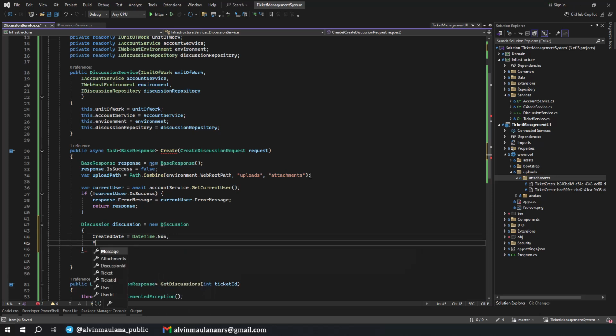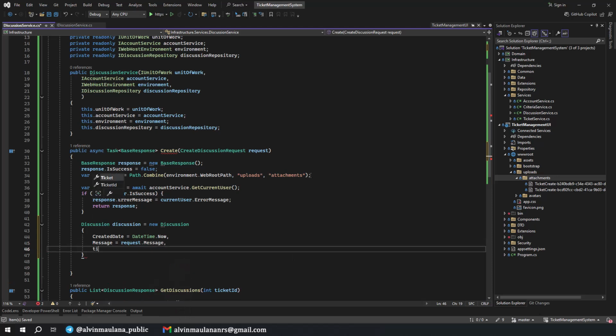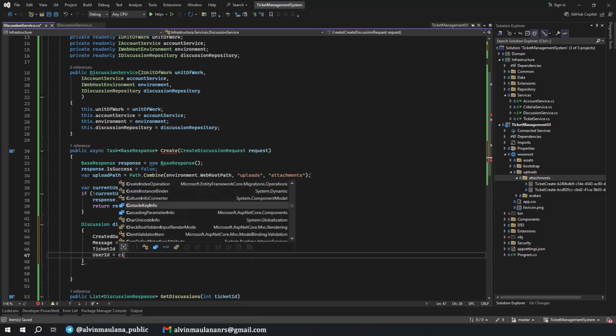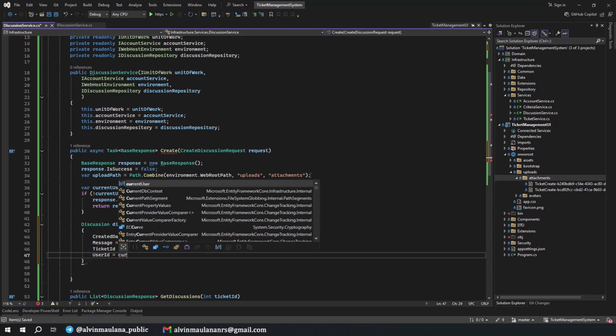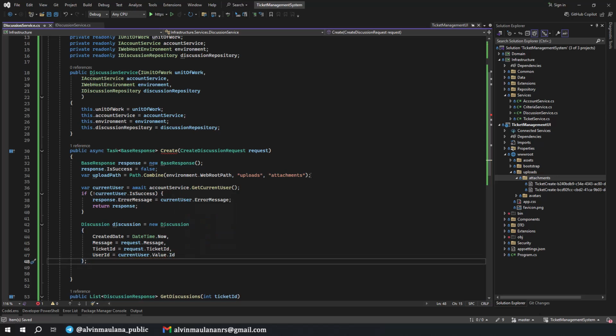And the message comes from the request message. Ticket ID comes from the request ticket ID, and then user ID comes from current user value ID.